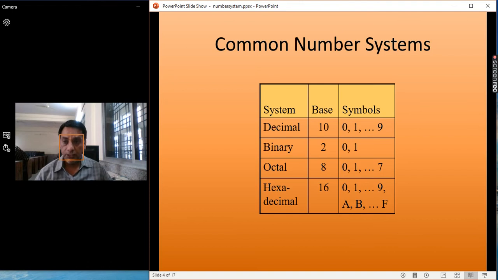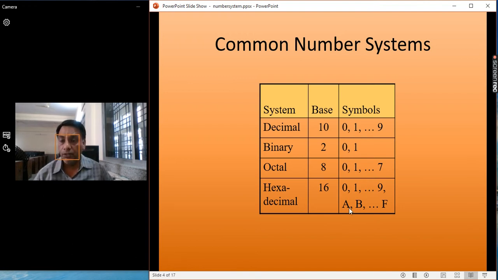That means the value 10, if you say 10, it is part of the binary. So when we introduce the hexadecimal system, 10 is represented by A, 11 is represented by B, and C is represented by 12, and so on. Finally F is 15. So the representation is from 0 to 15.